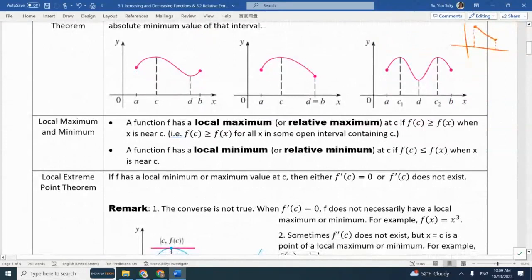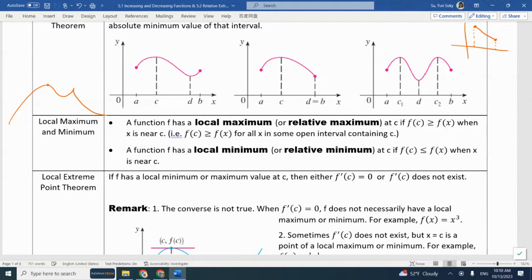A function f has a local maximum, or we can say relative maximum, at c if f of c is greater than or equal to f of x for x near it. Near it means that you can find a small interval, like here,